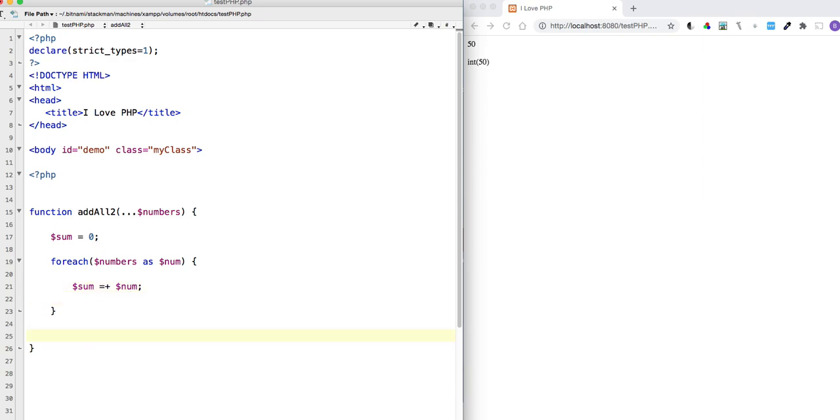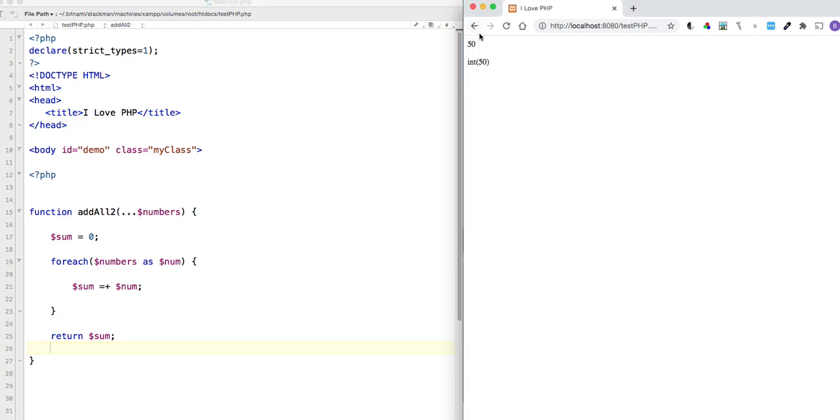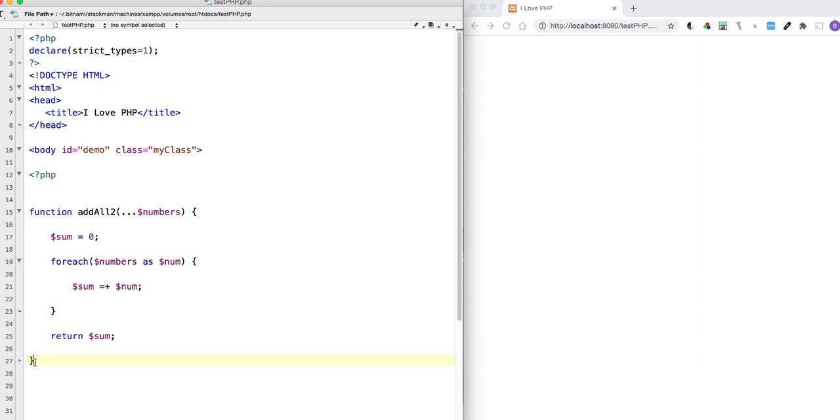Then I want to return the results, right? Let's see if we get any error. It's not going to do anything, but I want to see if it got any error. All right. So basically, this is the function, right? Let's make sure. This goes with this one. This one goes with that one. Okay, good. So we're going to say $hold equals addAll